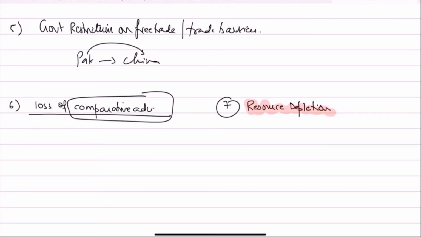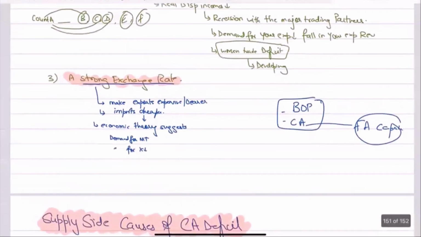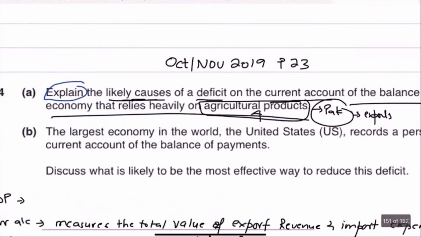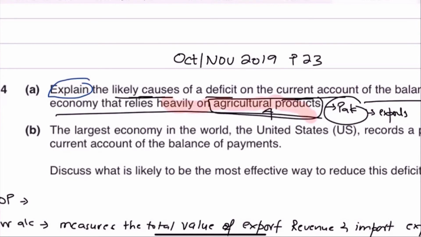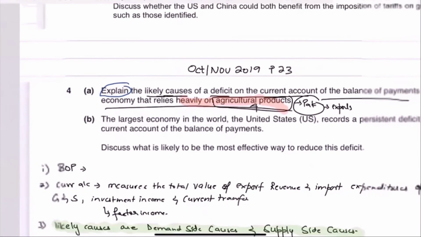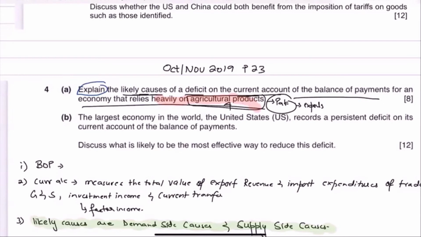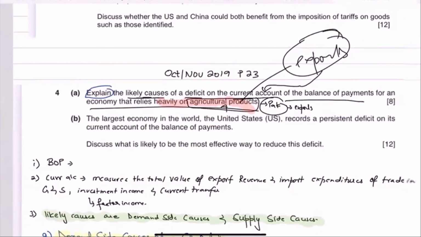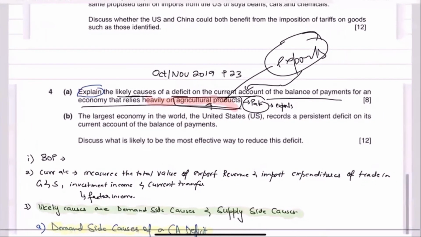So in that sense, what I'm saying is that developing economies, like I said, this question hai, this is mainly talking about an economy that relies heavily on agricultural products, means it's a developing economy like Pakistan. Because इसका मतलब है कि country के जो exports हैं, agricultural product export कर रहा है, and that is primarily determining the future of the current account balance. So remember that whenever you are giving these reasons, so for example, if you're saying that